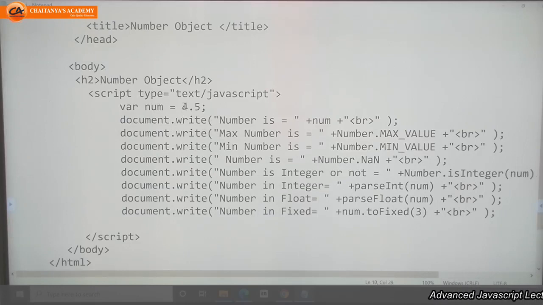Here I am passing one number with a decimal value, that is this float value. This is float number 4.5. The number with decimal is a float number, and the number without decimal is an integer number.